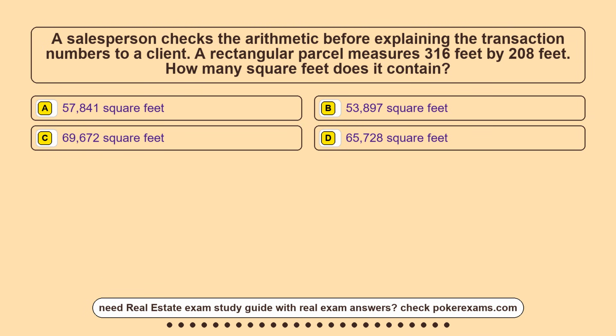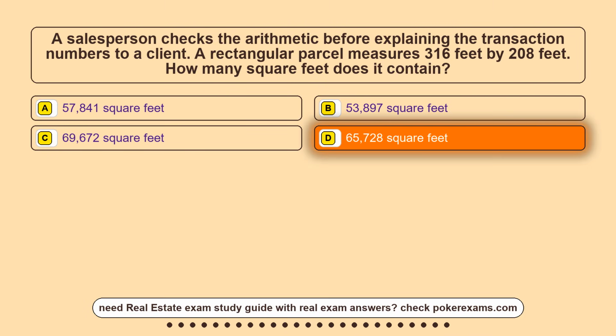Option A, 57,841 square feet. Option B, 53,897 square feet. Option C, 69,672 square feet. Option D, 65,728 square feet. The correct answer is option D,